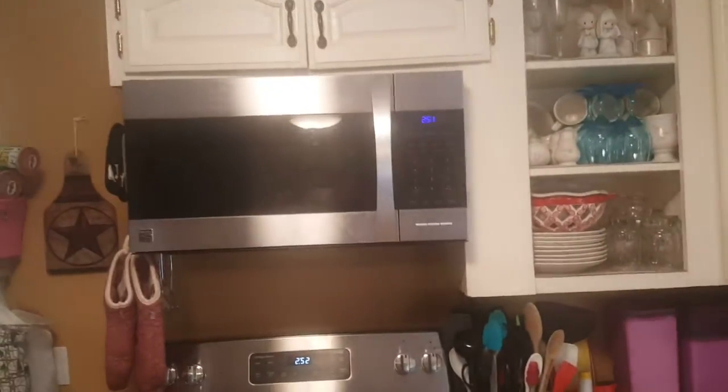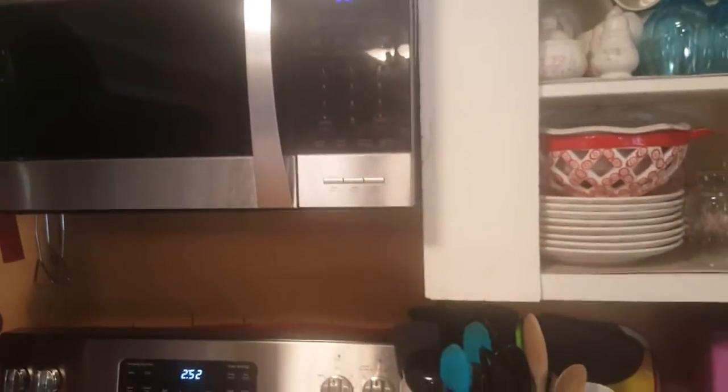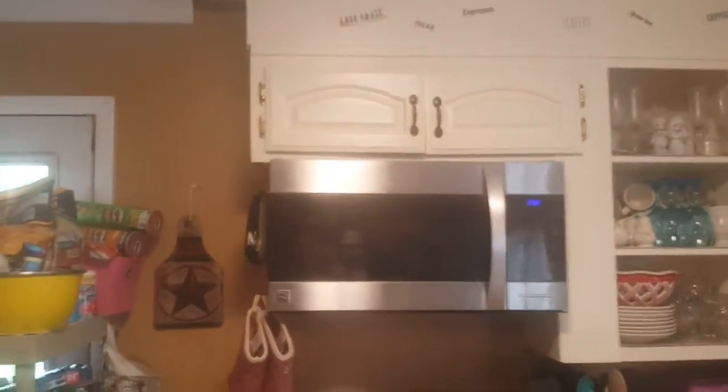Microwave now is actually too high. It's up above, probably from the old range hood. We're looking at the upper cabinets on this being a 36-inch upper cabinet. Your top alignment would be at 90 inches from the floor. The ceiling height in this room average is 94.5 to 95 inches tall. So we must go down from 39-inch upper cabinets to a smaller upper to make sure that we can have